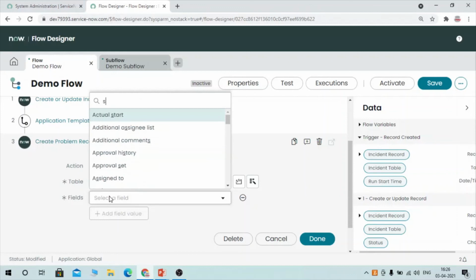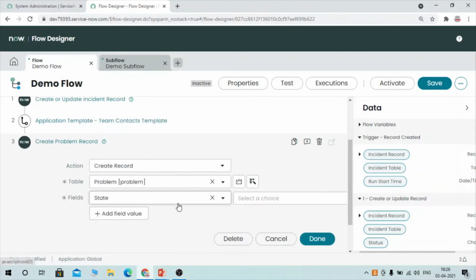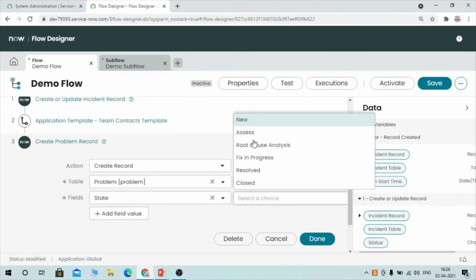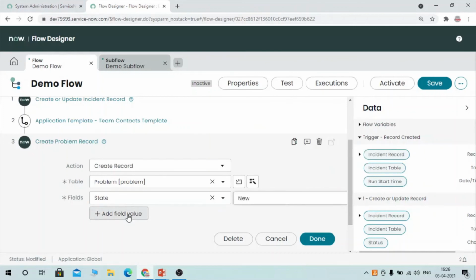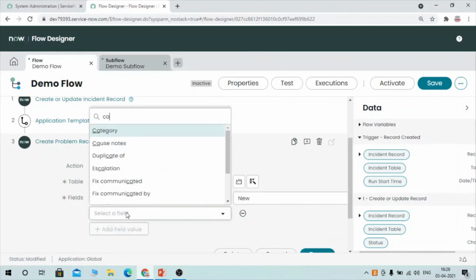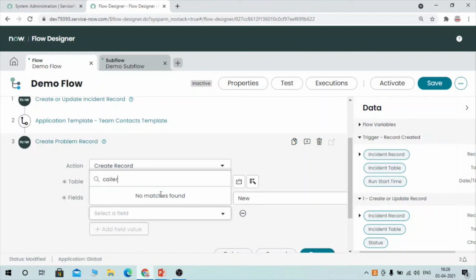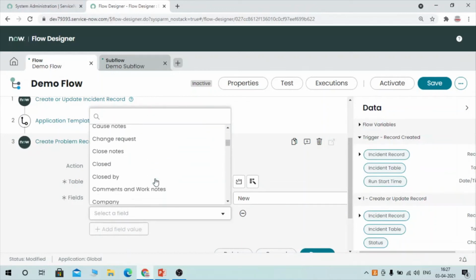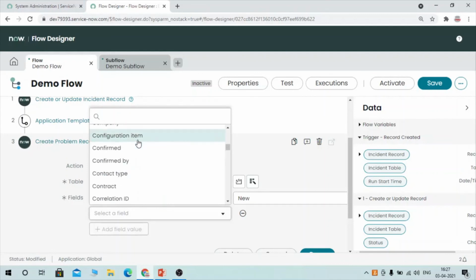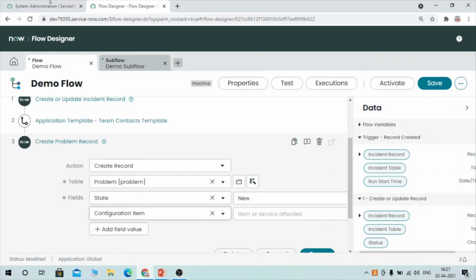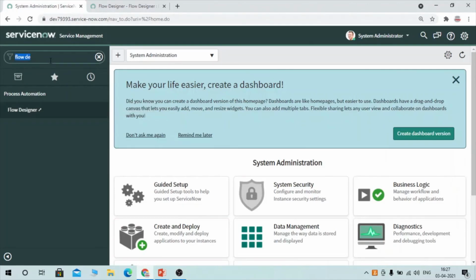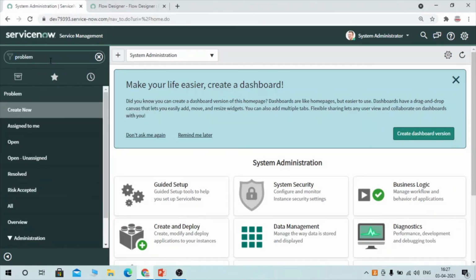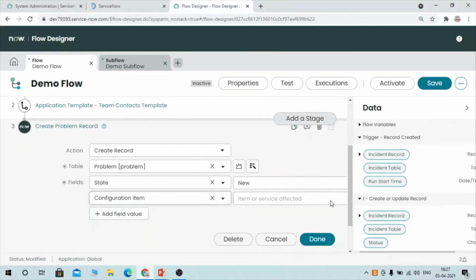Here you can select the state, you can select caller, all the mandatory fields. I'm not getting caller, maybe you can select configuration item. You can open one of the problem records, see what the mandatory fields are, refer to that and map the fields to values here. After that, you can click on done.